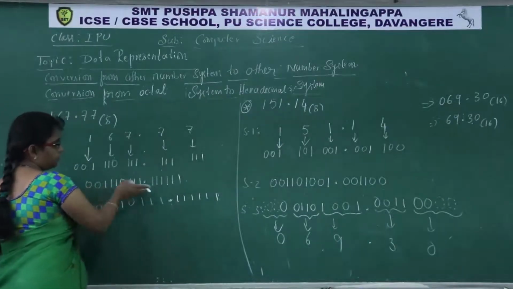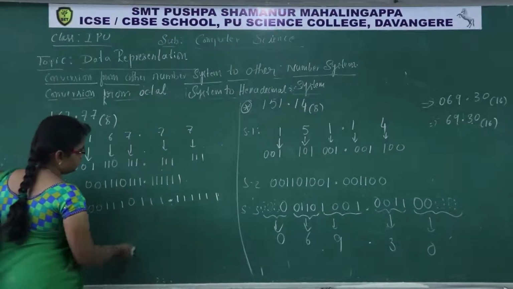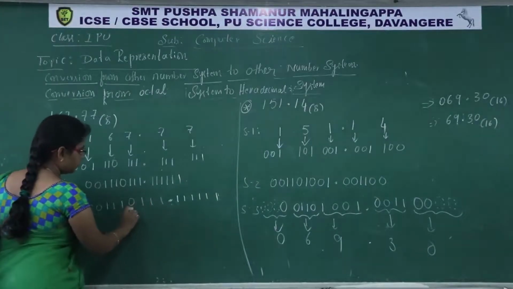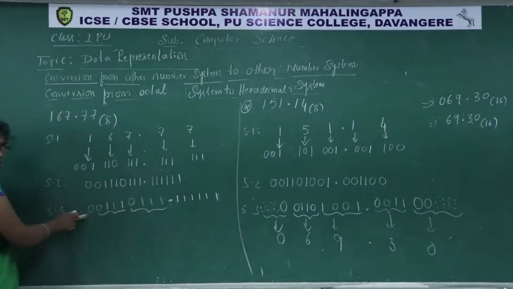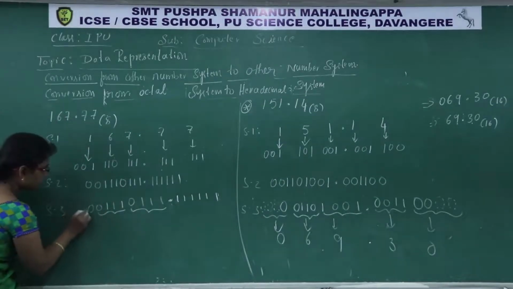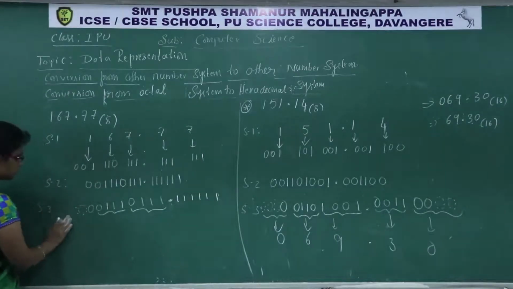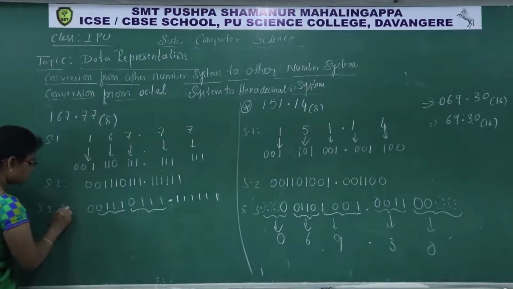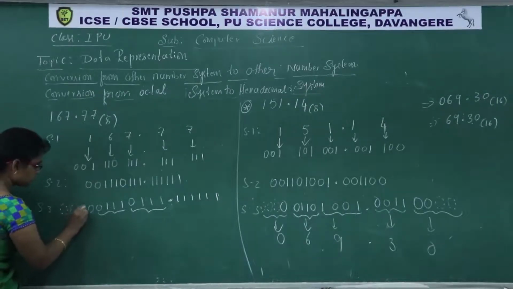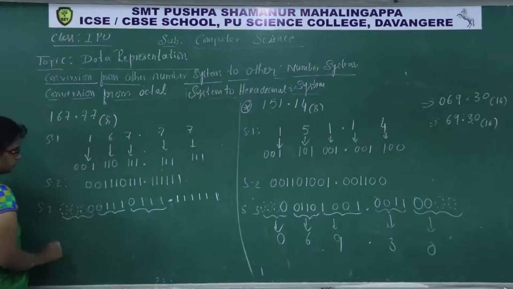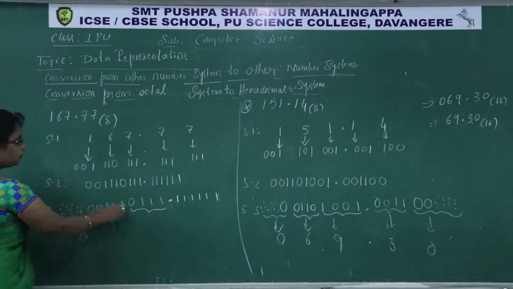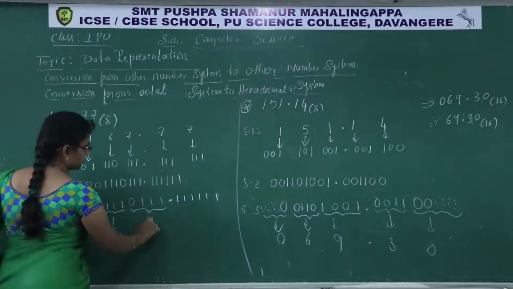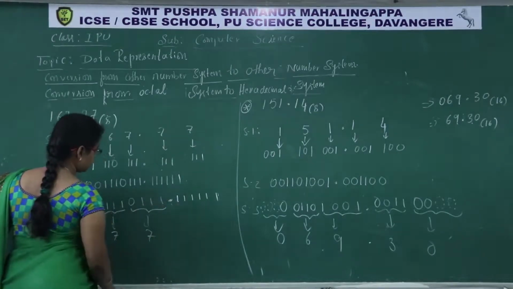The same value I have written with spacing here. 1, 2, 3, 4. 2, 3, 4. And 0 is left here. To make 4 bits, I have to add 3 dotted zeros here. 1, 2, 3. And it has become 0. 4, 2, 1, that is 7. 4, 2, 1, that is 7.